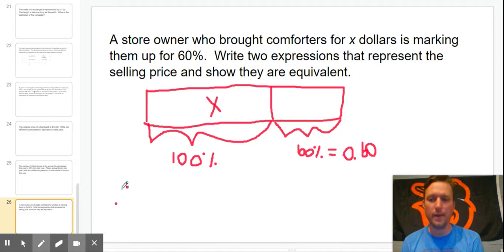So we can multiply this. I would do 60 hundredths times X. Now wait, be careful, because that is only finding 60% of what the store owner bought the comforters for,